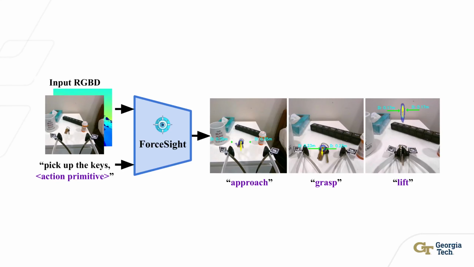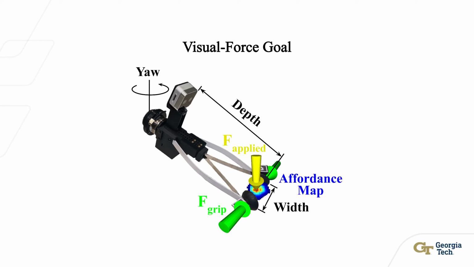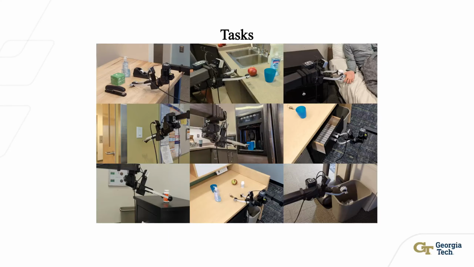We present ForceSight, a text-conditioned, transformer-based robotic planner that enables coarse-to-fine visual servoing by proposing tactile and kinematic objectives. These objectives consist of 3D fingertip locations, grip force, and resultant force applied to the gripper, all of which comprise what we call visual force goals. By predicting visual force goals into the future, ForceSight enables a simple visual servoing algorithm to execute a variety of